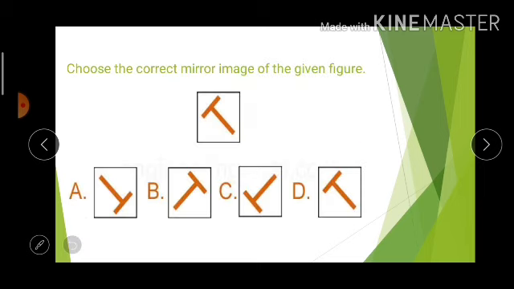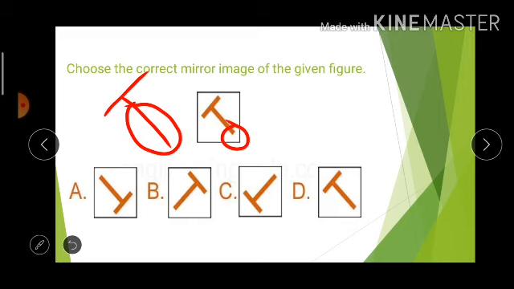Now moving forward, it is not necessary that you have to make the image every time. For instance, in this question you are given options. This is the original image. In the original image you are given an inclined letter T. For this, let's see, this is one of the inclined lines. It is at the right hand side bottom.